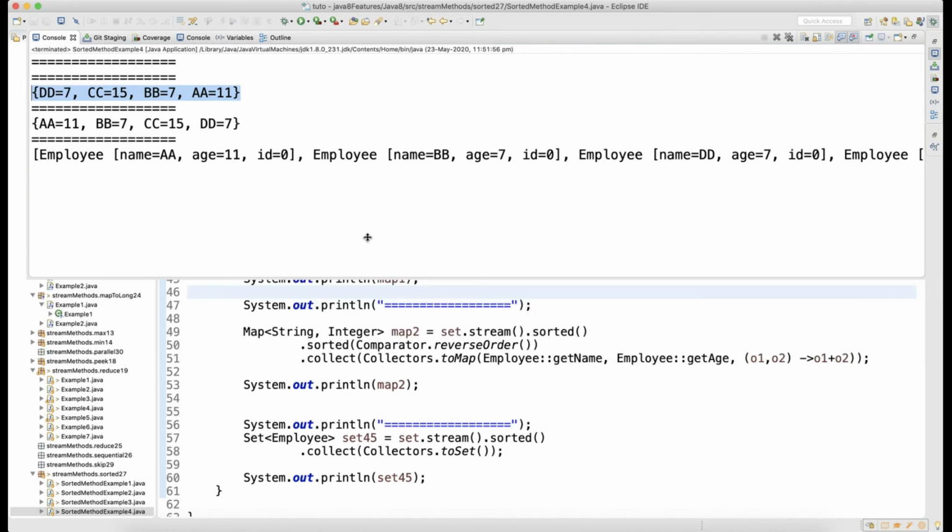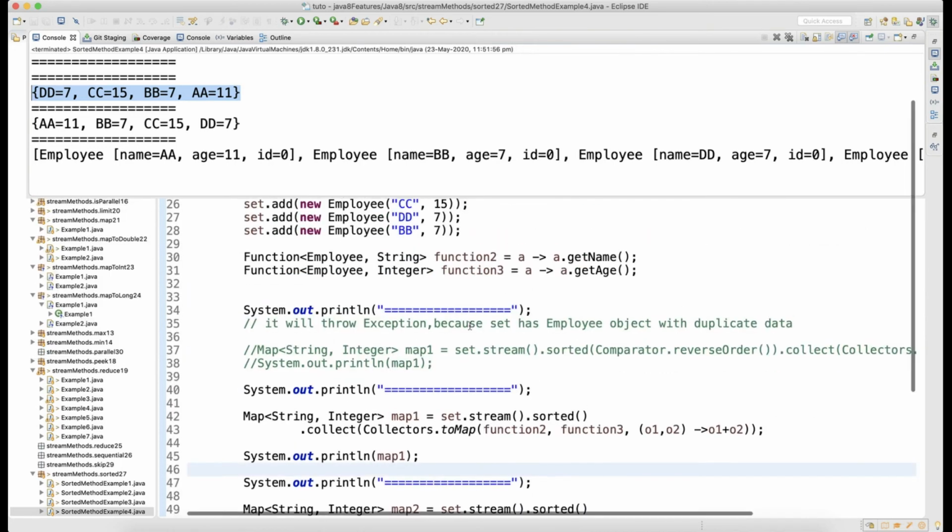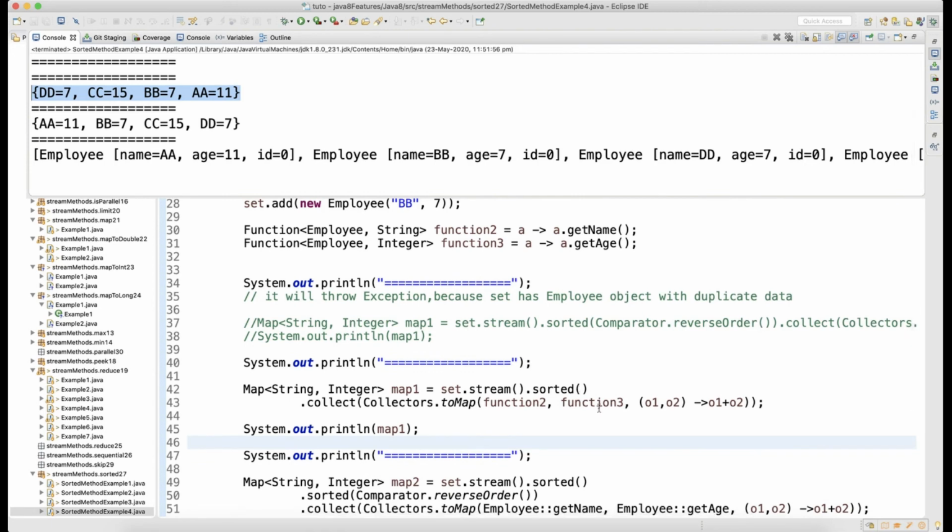Okay, so just scroll back, go to map 1, guys, focus here. So what you did, you did a sorting, Eclipse line number 42, did a sorting, then you are collecting as a map. When you are collecting as the map, this is your function 2, which is line number 30 in the Eclipse, which is name, and then function 3 is the age.